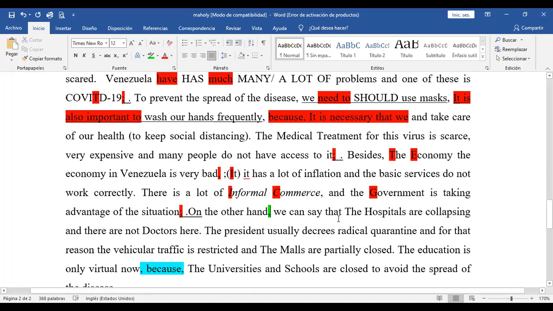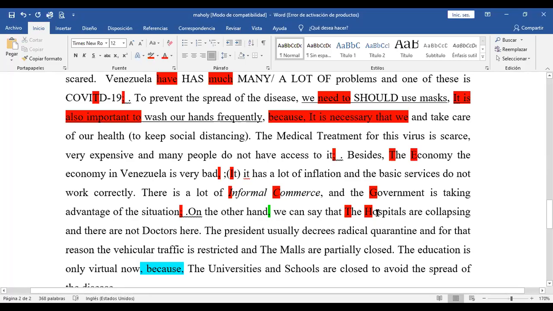We can say that the hospitals, vuelve y se repite el mismo patrón. You understand? Sí, ya quiere hacer, pero, o sea, no hace falta que quieras hacer el énfasis ahí. Si quieres hacer el énfasis, ya está sobreentendido, no necesitas hacerlo, ¿no? Simple y llanamente, we can say that